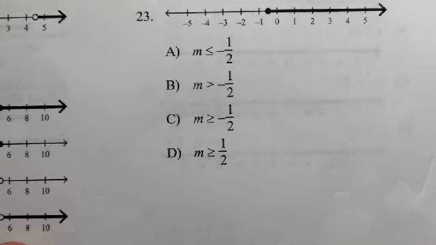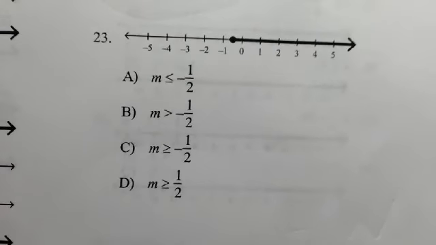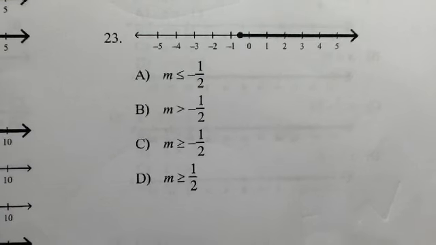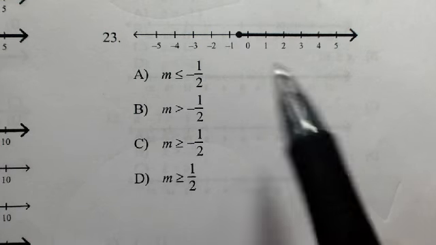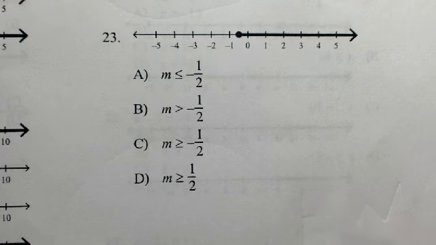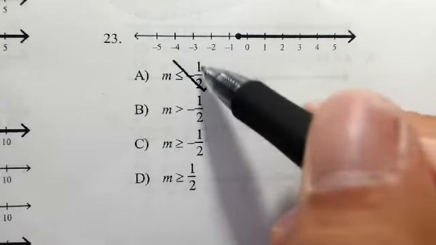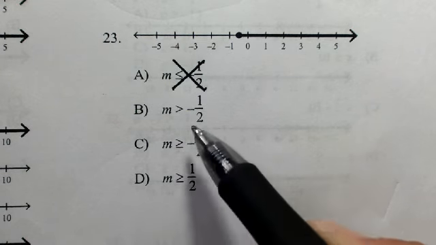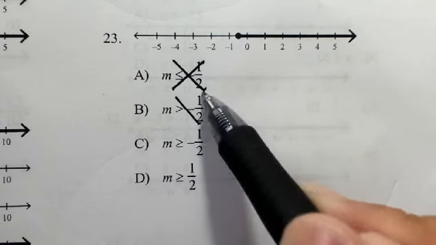Right. Now, since it's a filled-in circle, and it's pointing that way, obviously, that one's going to be eliminated. And that one's going to be eliminated because it is a filled-in circle, so it's going to be either one